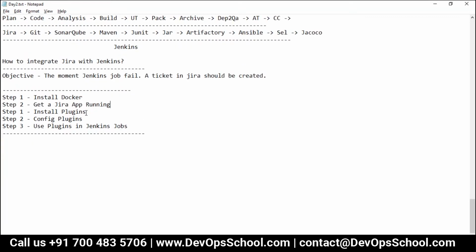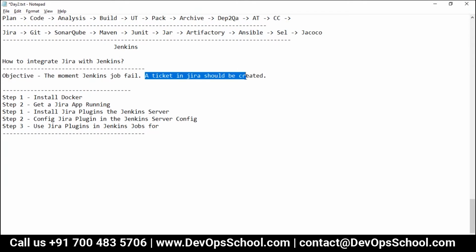After that, install the Jira plugin in the Jenkins server. Now you know where we should go. I have already shown you that place. Then configure the Jira plugin in the Jenkins server config area, and then use the Jira plugin in a Jenkins job for this one objective.